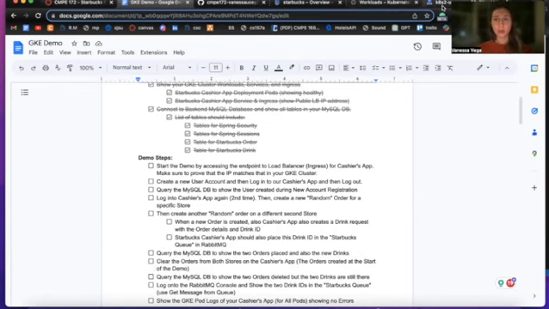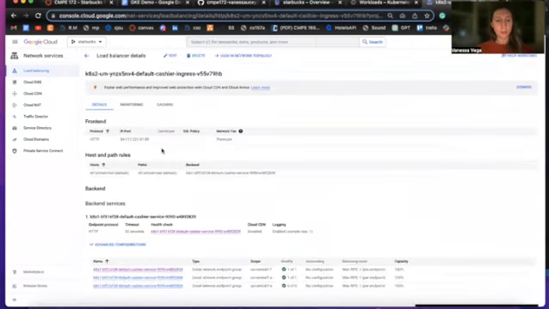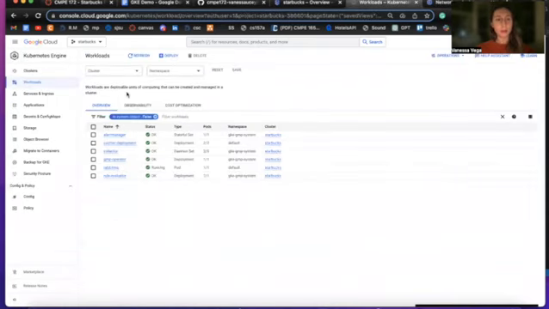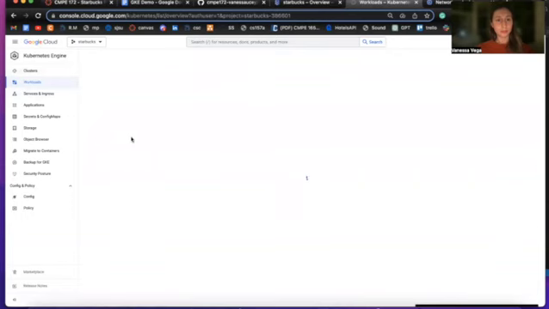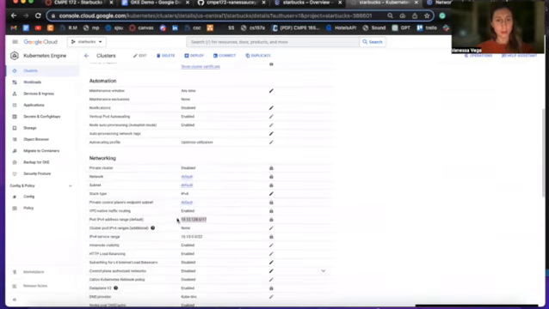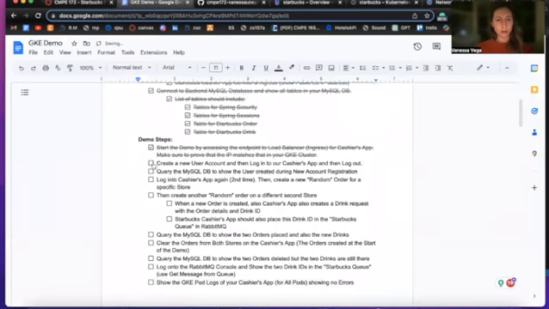So logging into my load balancer, it's right here. I just click its name, click one of these. And here you can see 10.12.128. If I go into my cluster, you could see that same IP, 10.12.128. All right. Going back, check that off. Now let's actually launch our application and create a new user account, then log into that Cashier's app